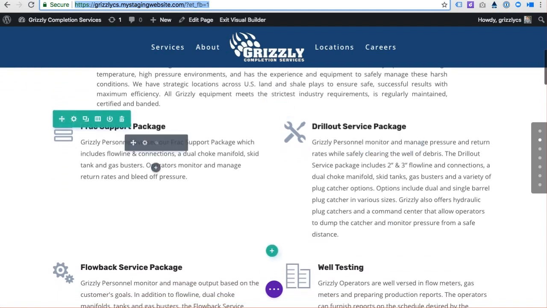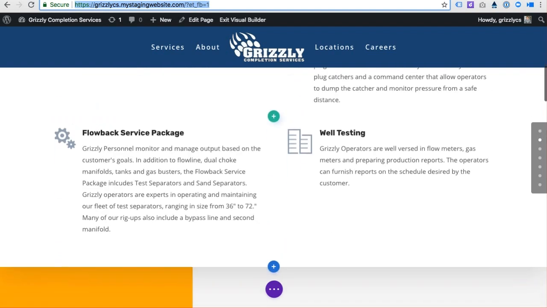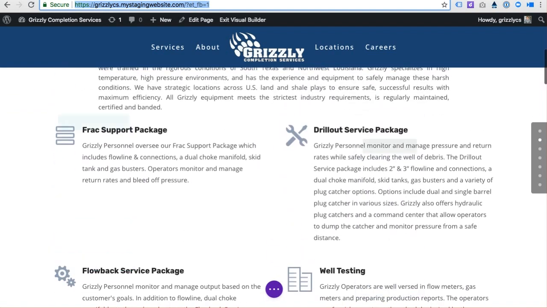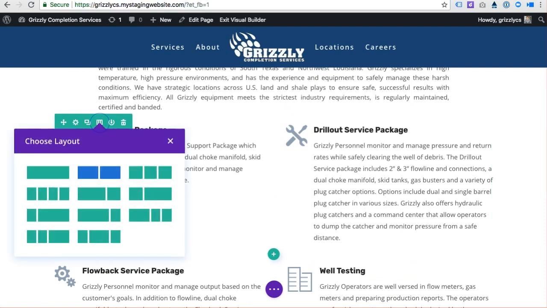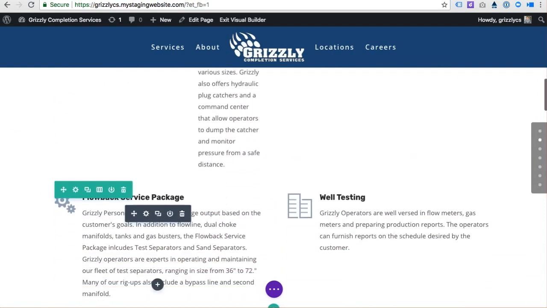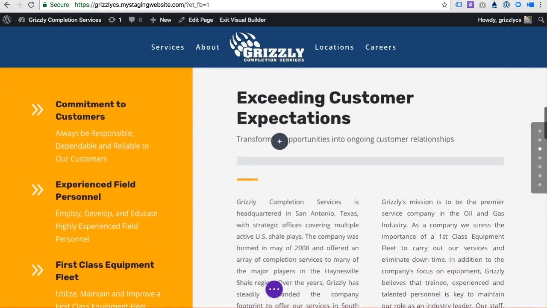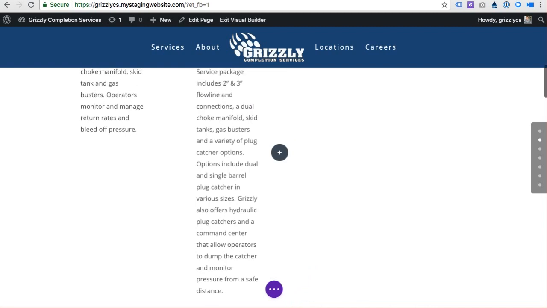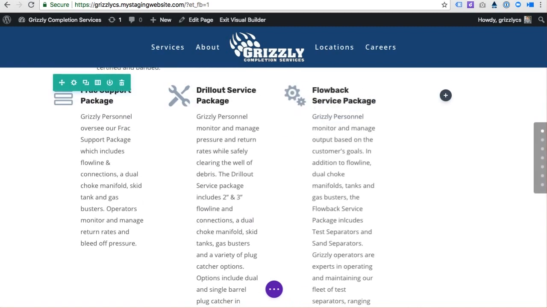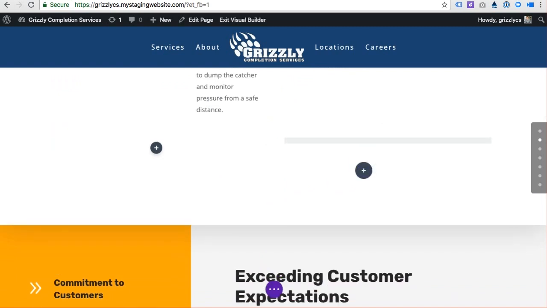Let's say that I wanted to make this area right here, instead of 2 rows with 2 columns, I wanted to go ahead and make this 4 columns and bring all this up. So let's go ahead and go here and say I want it to be 4 columns, and I want to grab these down here and drag them up, and I'm just going to make some quick changes so you can kind of see an error happen maybe and how I fixed it, right? So let's drop that there. All right, there's that one, and I'm going to take this one and I want it to go up there,